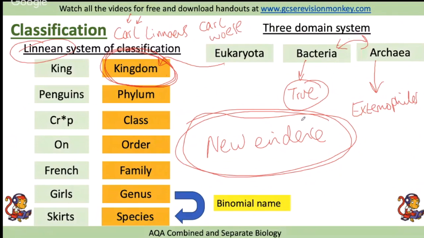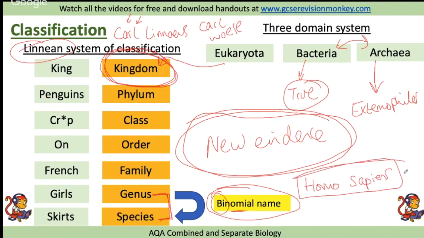Right, last thing on this then is the binomial name. The binomial name, bi for two, like bicycle, nomial name, comprises of the genus and the species. So, for example, for humans, our genus is Homo and the species Sapiens. So that would be our